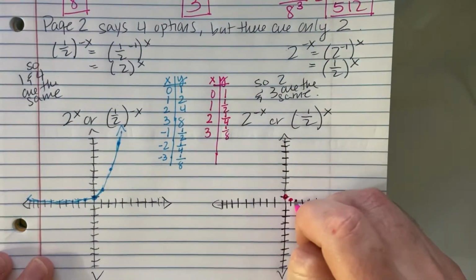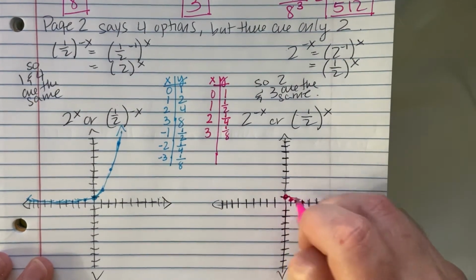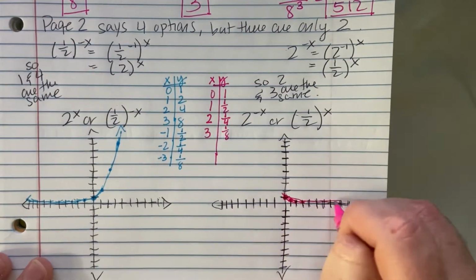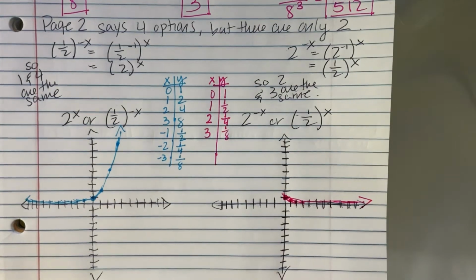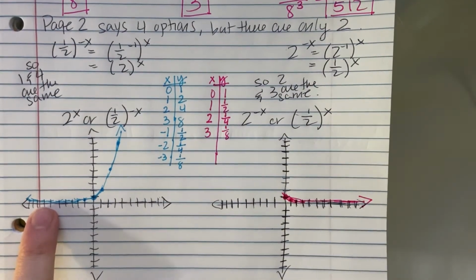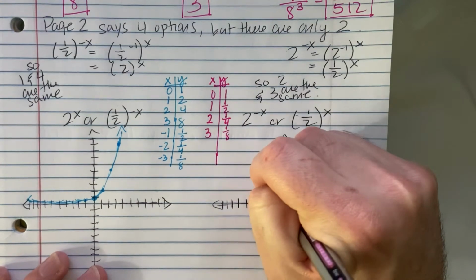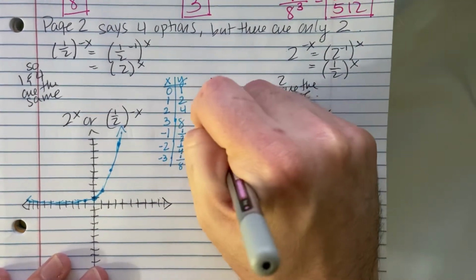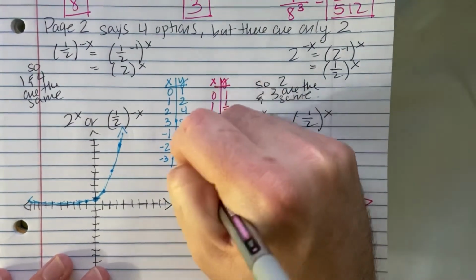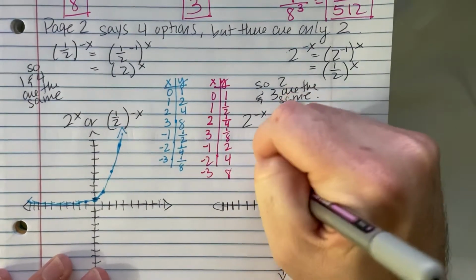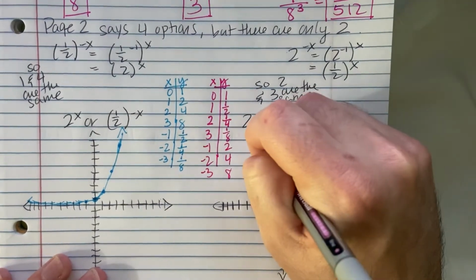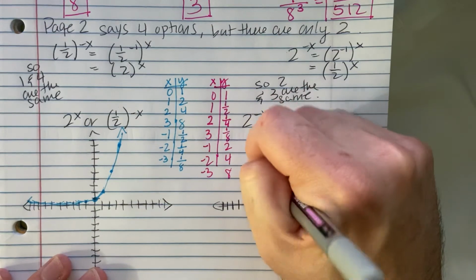So instead of flattening on the left side, it's now flattening on the right side. So this one was half, looks like it was approaching an asymptote, half like a quadratic. This one is going to be the same. Half looks like it's approaching the asymptote, only it's the opposite side. The other half ends up behaving like this: 1/2 to the -1 is 2, to the -2 is 4, to the -3 is 8. So over here we've got our half that looks like a